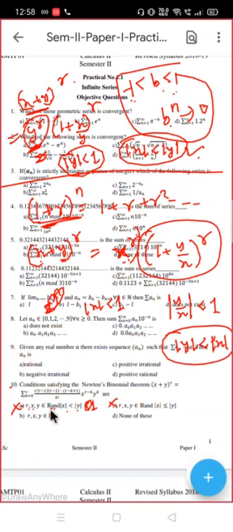Is the following relation true for any x and y? No, there is some condition. y must be less than x, and x must be between 1 and minus 1. Same here also: mod x is less than y. So the answer should be none of this. Some extra condition is required for this.